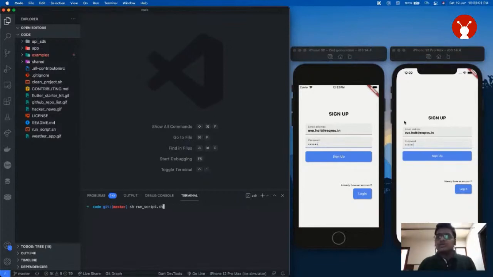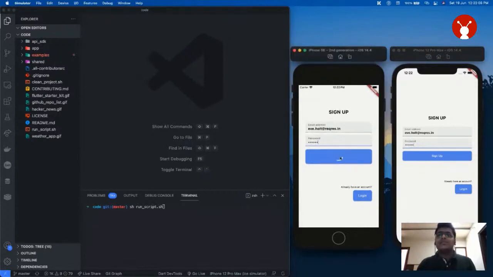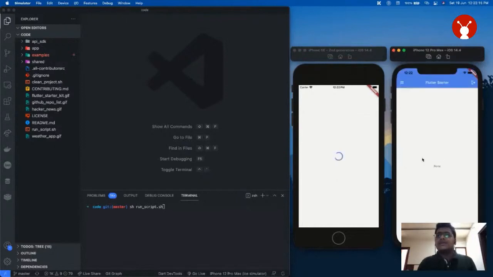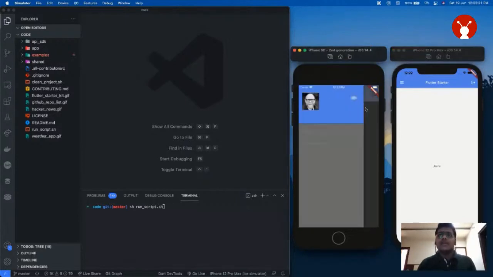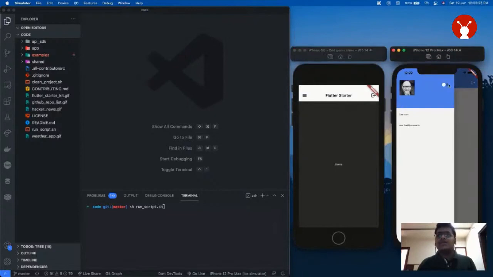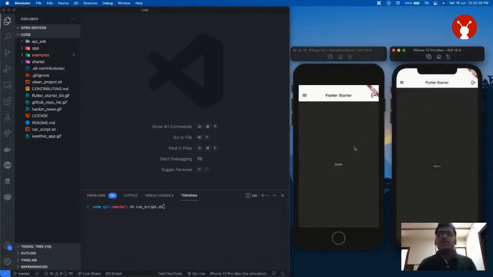To show the size configs, I have demonstrated two different screen sizes here. Let's sign up with this app, and let's sign up with this app too. Just a second. Yeah, so we have booted inside our Flutter starter screen. The authentication was performed by the authentication repository, which I just showed you. We have dark theme and light theme all set up here. These are the things which you'll get out of the box whenever you install Flutter starter.